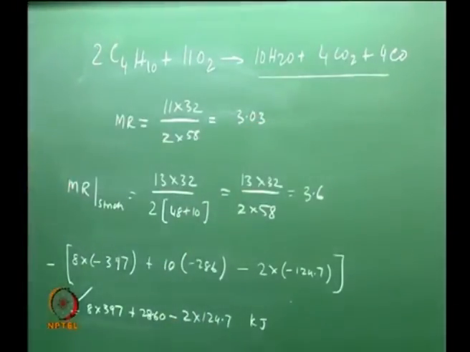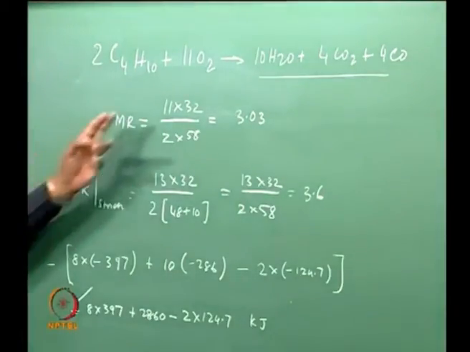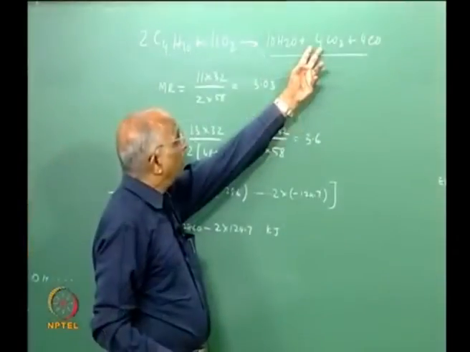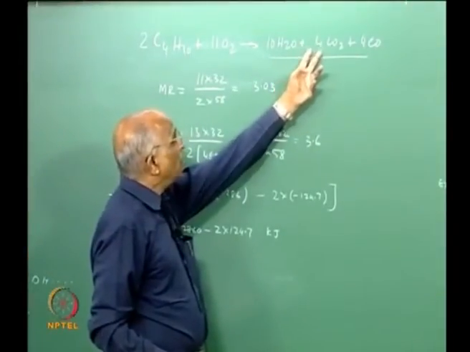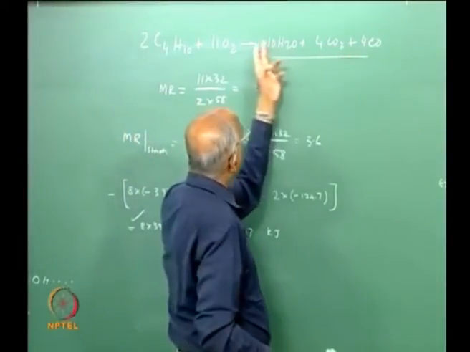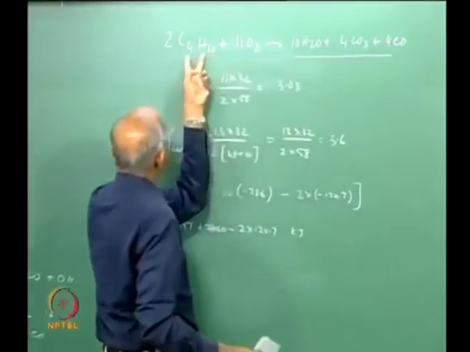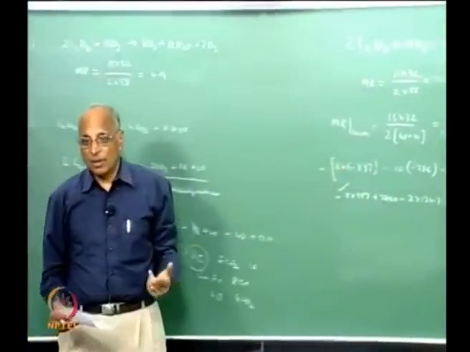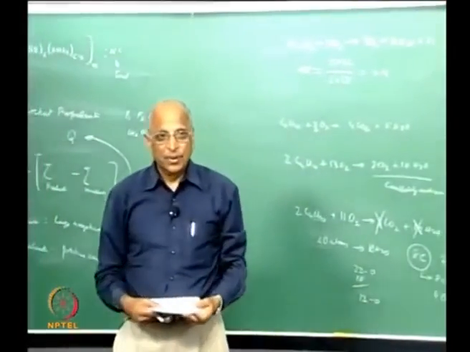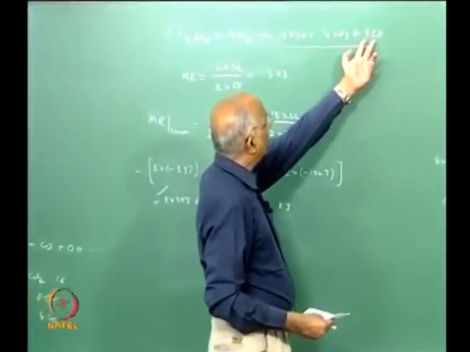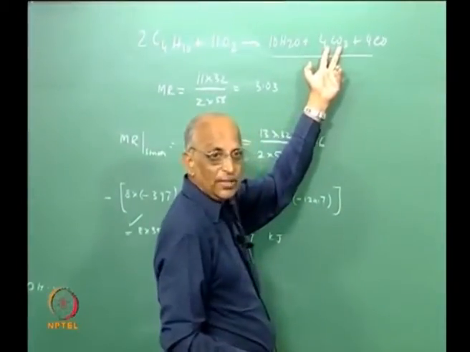And what is the heat liberated in this reaction? The heat liberated in this reaction is minus 10 into the heat of formation of H2O, plus 4 into this, which is a minus value, and minus the total thing, minus the heat coming over here. And is it going to be higher or lower compared to stoichiometry? It will be lower because CO has a value which is minus 110, CO2 has a higher value, minus 297,